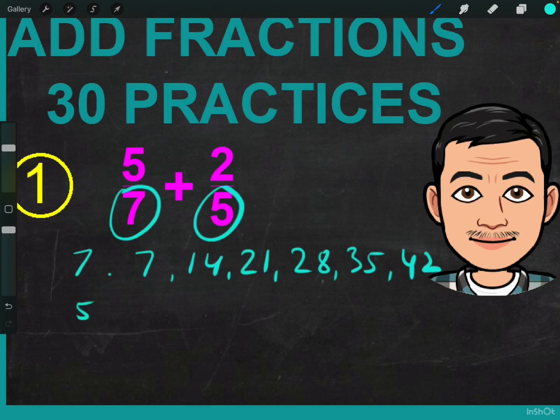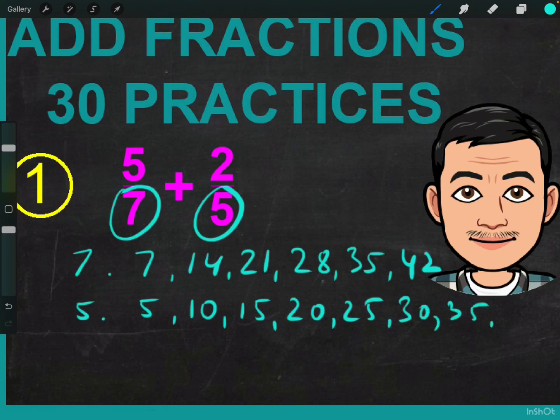For number 5, we have 5, 10, 15, 20, 25, 30, 35, 40, in which we see